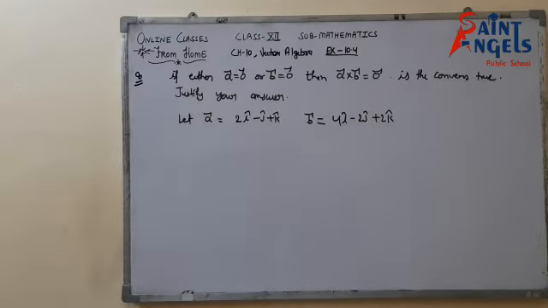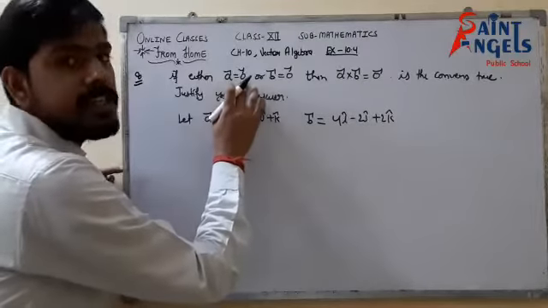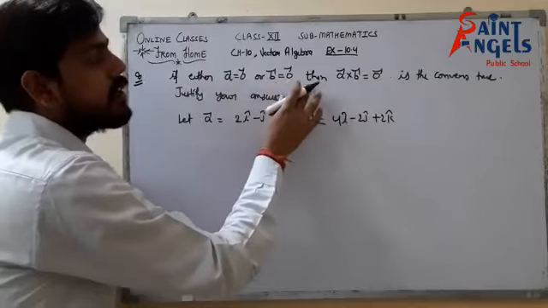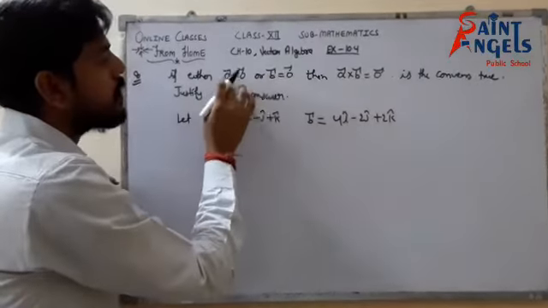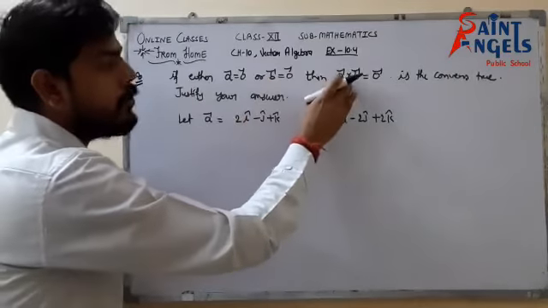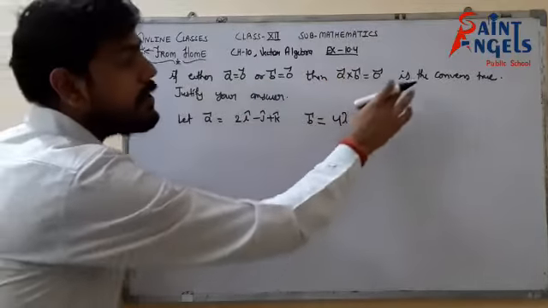Students, now look at question number 8. In question number 8, we are given that if either vector A is a zero vector or vector B equals the zero vector, then A cross B would be equal to 0, which is 100% true. It is, because one of the vectors is a zero vector or the vectors are parallel to each other, so it would be 0. Is the converse true?